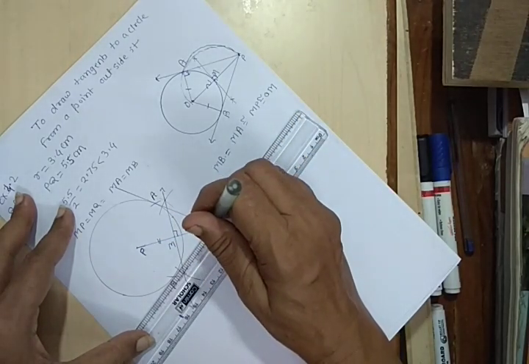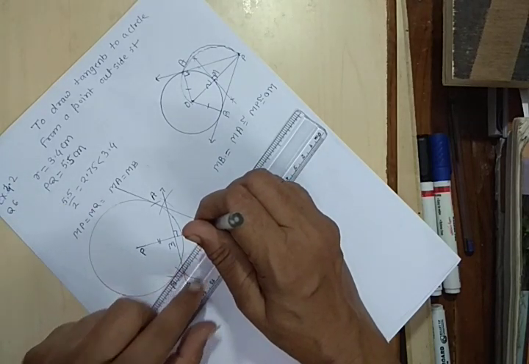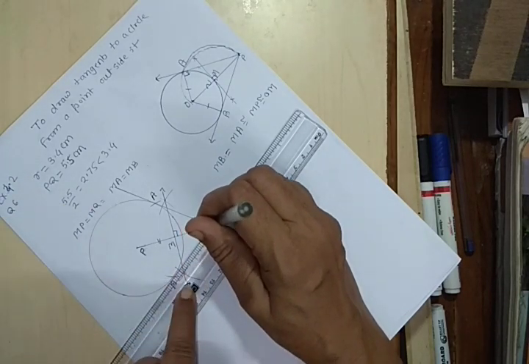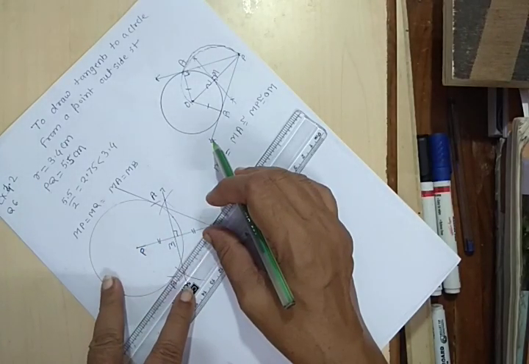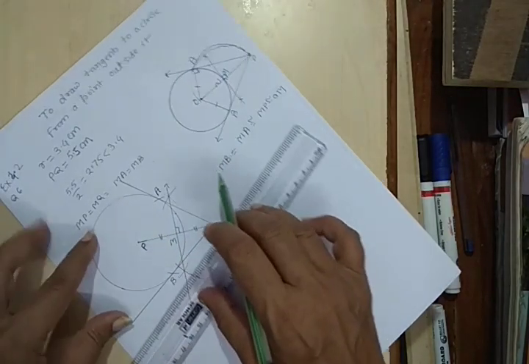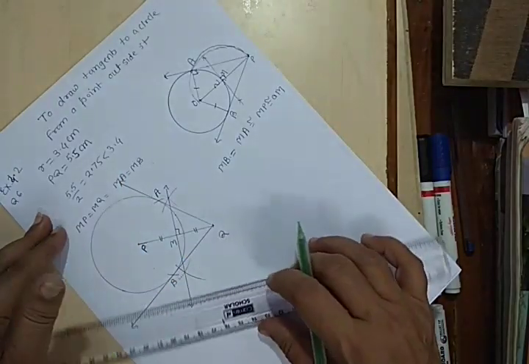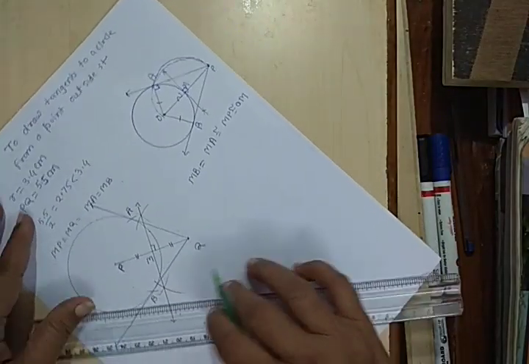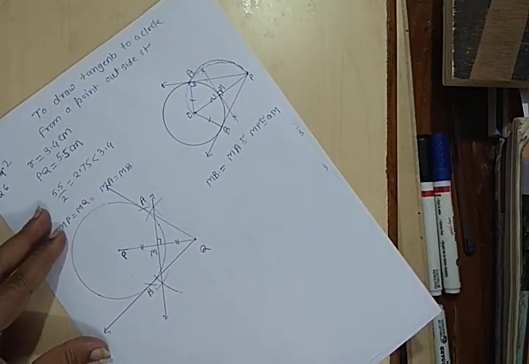Whenever we are drawing such points, put our pen here and move the scale to get it exactly. Here that much is correct and this much is correct. Okay, we can check correctness by putting our pencil, to see whether the line is shifting anywhere else or not. The third test to check whether you are correct or not is this.